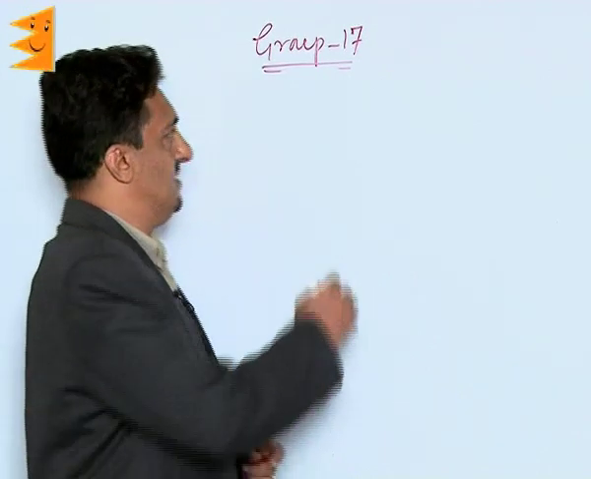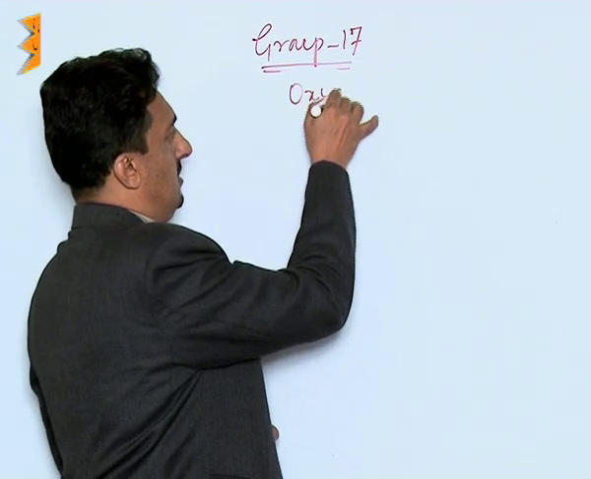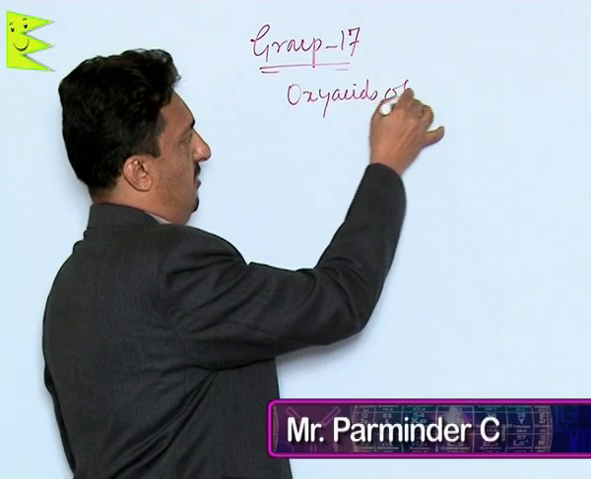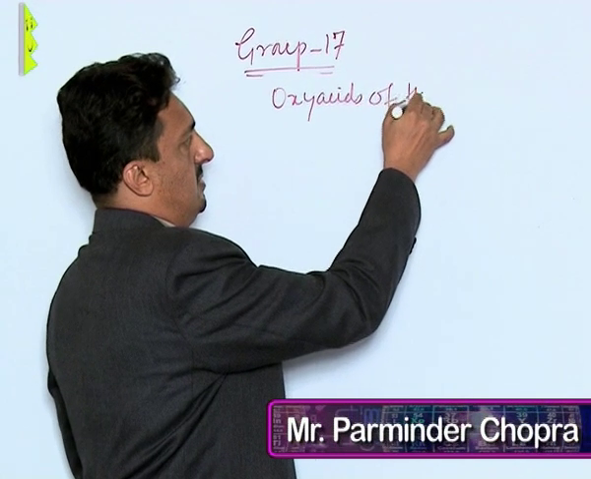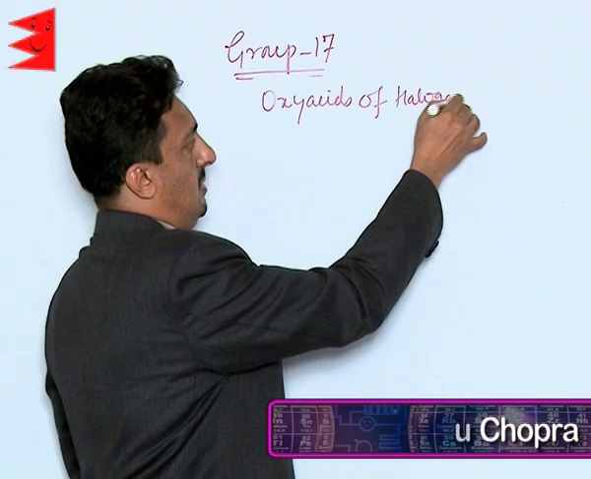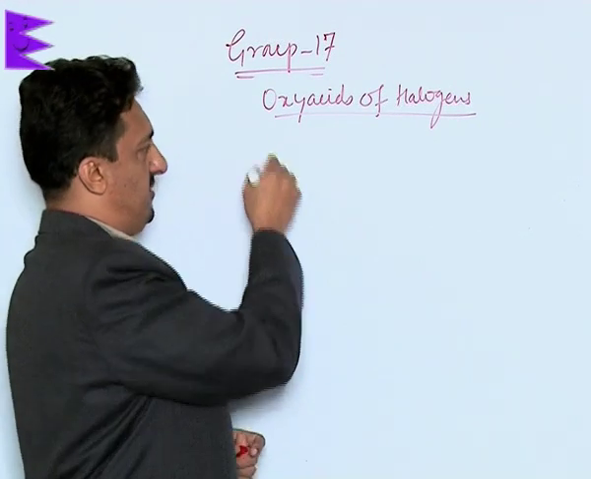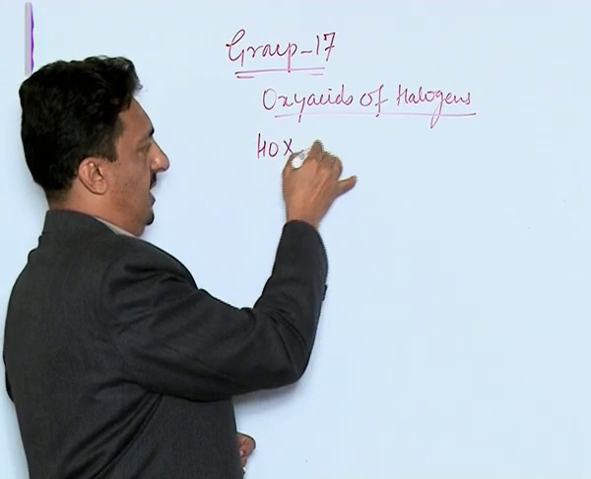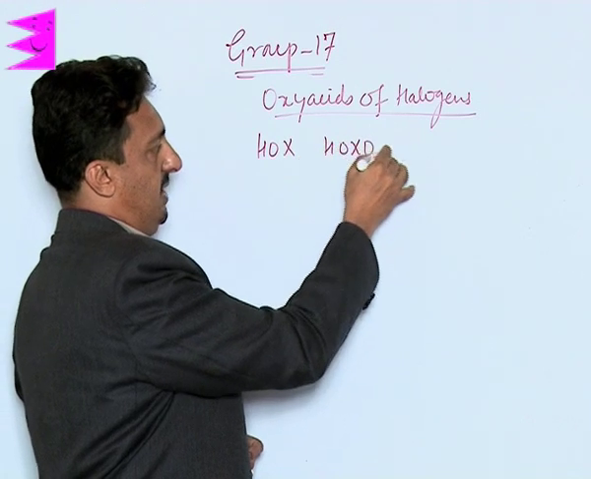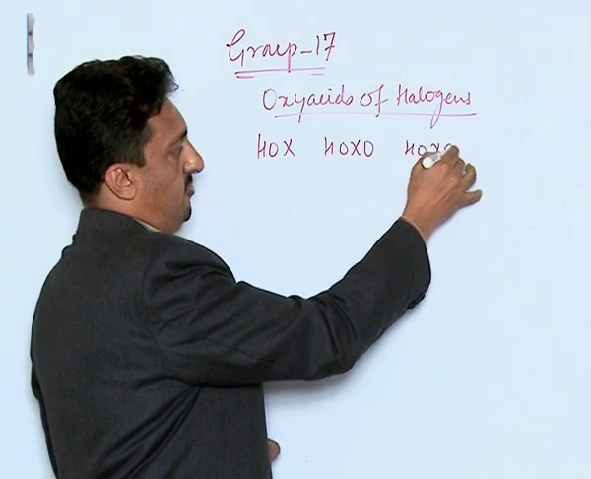Now let us discuss oxyacids of halogens. Halogens mainly form 4 types of oxyacids. It's HOX, HOXO, HOXO2,